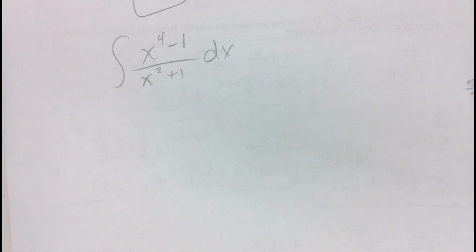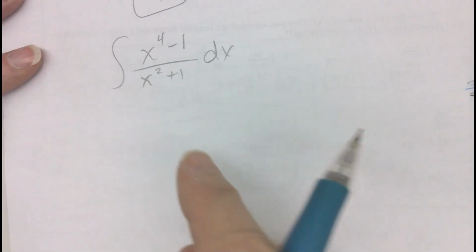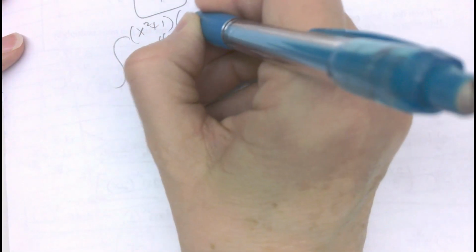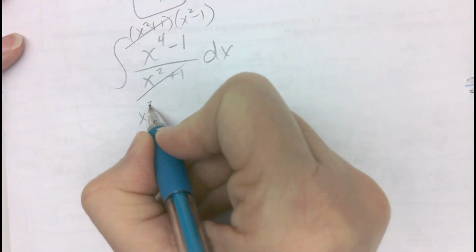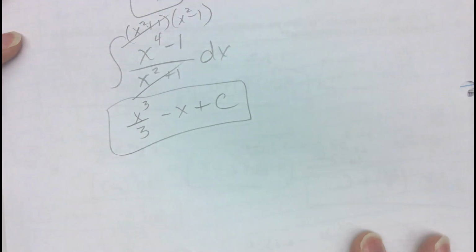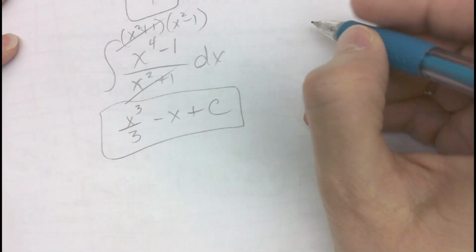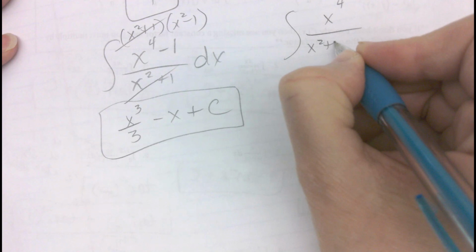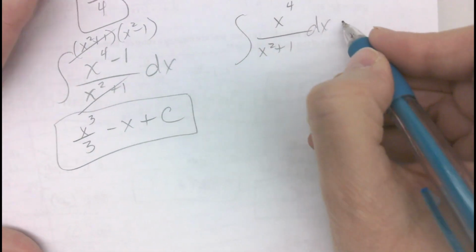I was thinking that this one was going to be a split up and we would have a minus with an arctangent. But the top is just x squared plus 1, x squared minus 1, right? So then you cancel. So would that just go to x cubed over 3 minus x plus c? Yep. I'm just not sure I fully can grasp that. If I split this up,